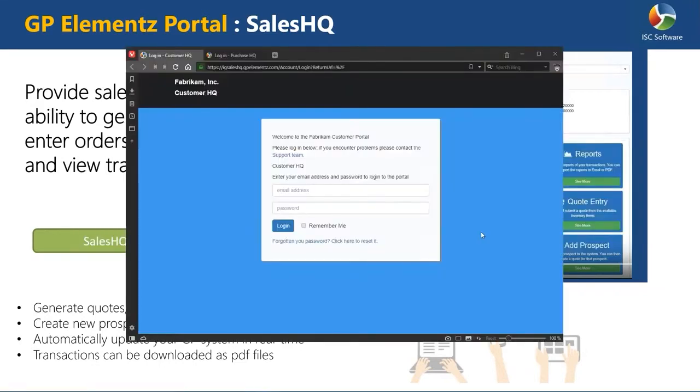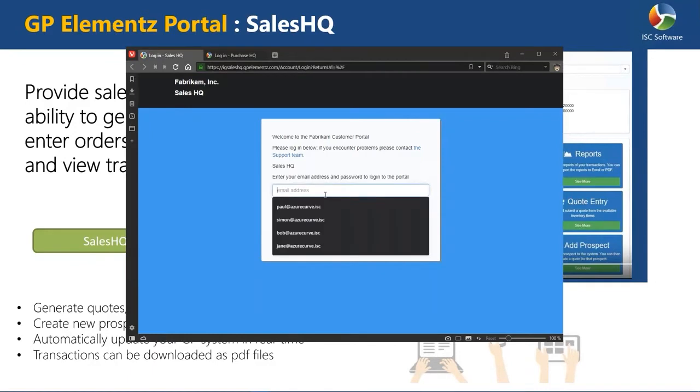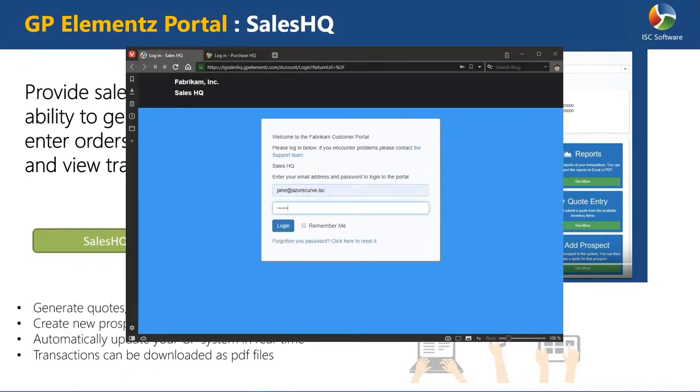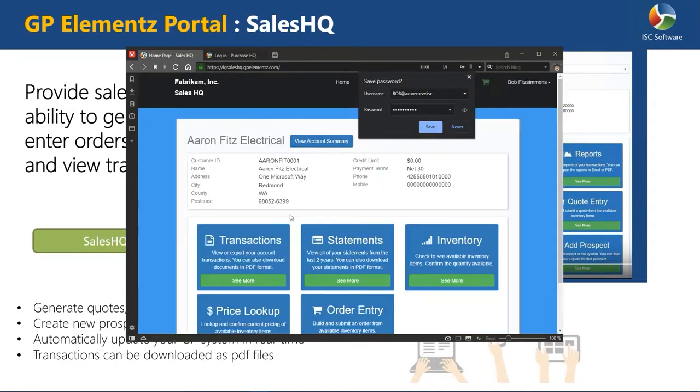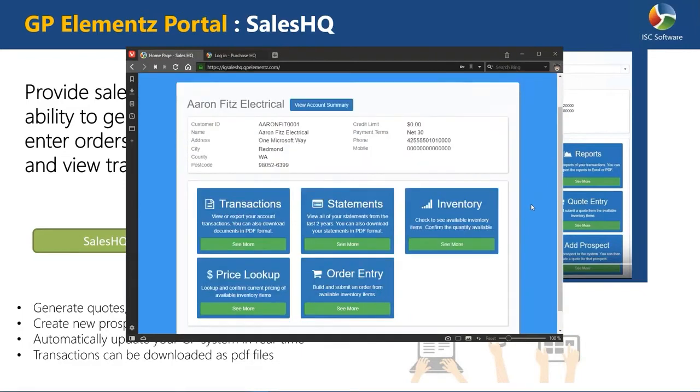So just to show you the difference in there, if I refresh that now, hopefully this is toggled across. There we go. Now Sales HQ, I'm here. Customers can still log in. So as a customer, if I log in on here, if I use the same customer as before, look in there, you'll see that as a customer on the system, I see the same transactions and statement sections,